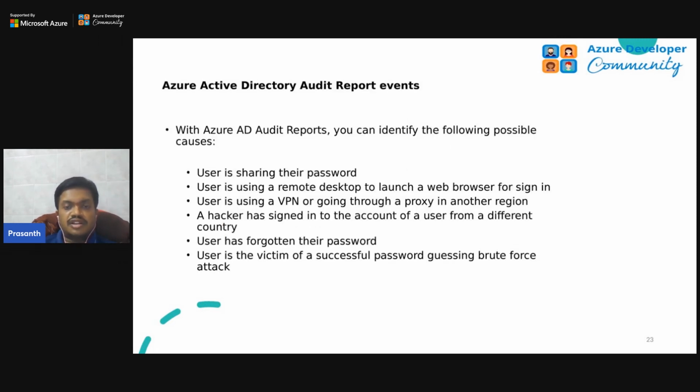Azure Active Directory as events. So with Azure AD audit reports, these are the possible things that you can identify with reporting. The user is sharing their password, maybe, which is absolutely against the security rule. Or a user is using a remote desktop to launch a web browser for sign in, and this is another security issue. And a user is using a VPN